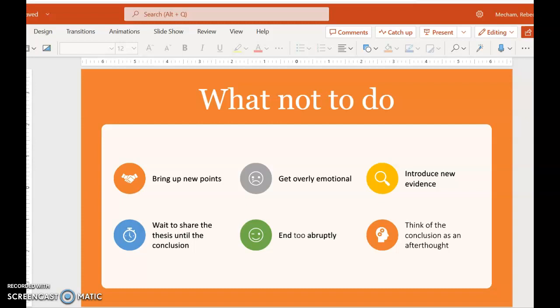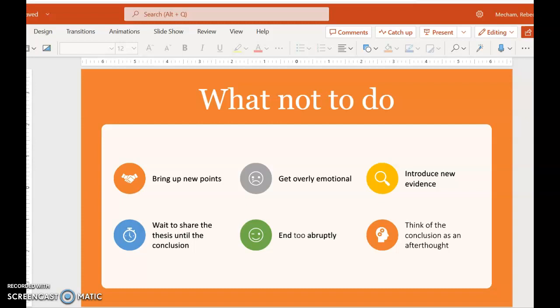Be careful not to get too overly emotional. I guess you kind of want to have this call to rally, but you also don't want to manipulate your reader. I guess these last two relate to introducing new evidence. That's kind of new with bringing up new points. So you can include a quote that sort of summarizes your main idea. That would be fine. But if you're saying, I'm going to include this quote and include a new idea with it, that's where you want to be careful about that.